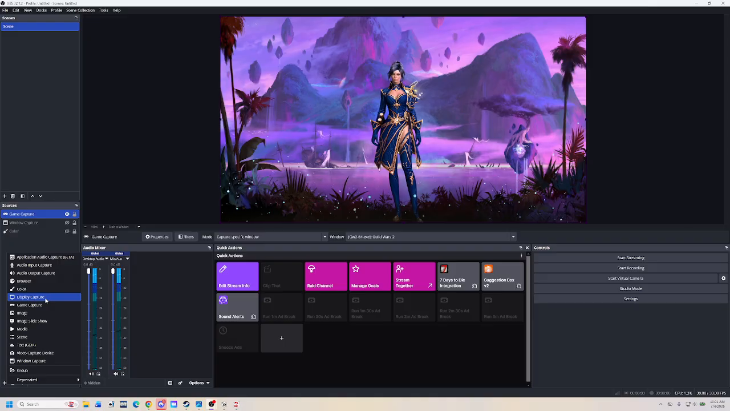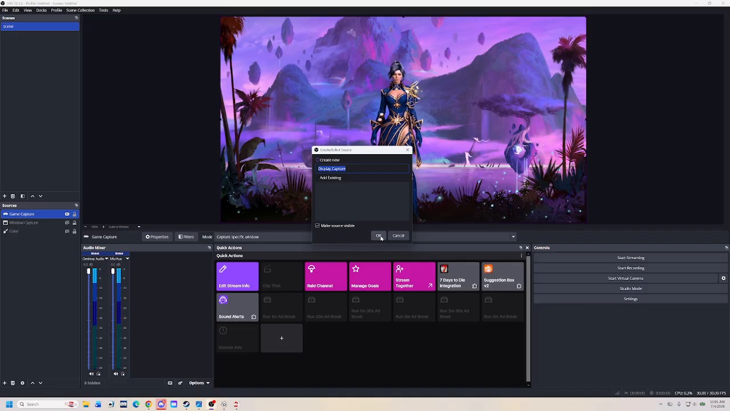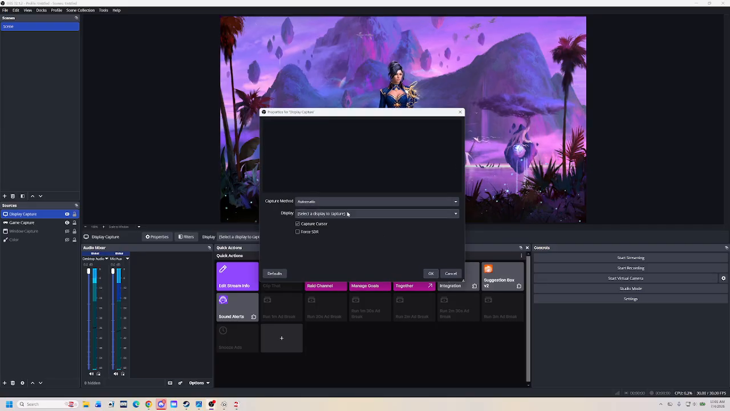And then the last source that is similar to game capture and window capture is display capture. Display capture is different than the other two. Game capture only captures game, window capture only captures specific windows. Display capture captures the entire screen, which is what I am using to capture OBS in this instance and